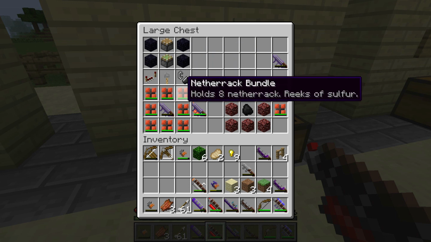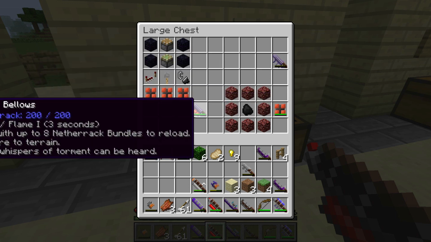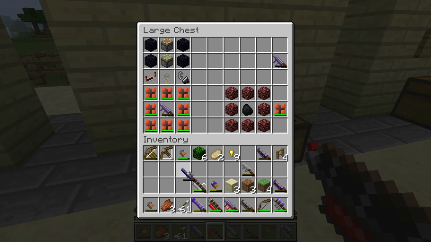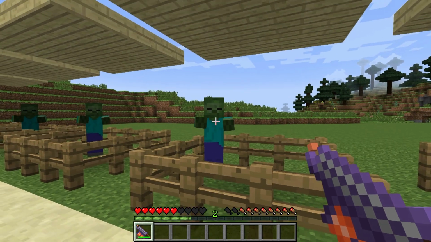You start making bundle packs. And these are with netherrack. So obviously probably the cheapest possible ammo. Quickest to mine to make. This will be your go-to weapon. That's for sure when it comes to anything, I think. But again, let's show it off. And as you can imagine, because it's cheap ammo,